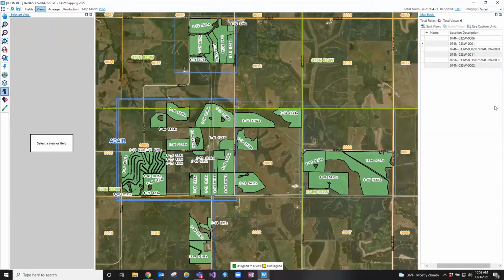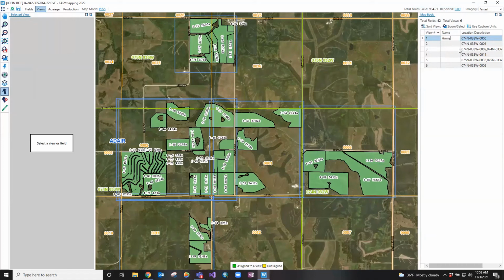And then also in the top right in the map book here is the name. I mentioned that earlier, but now we'll get back to that. So if you have any policies with custom names on the views, you can update that right here. We don't have to go into each individual view and do that anymore. So this would be different than the unit name or the farm name. If we name any views, they're going to show up on top of the map book in blue writing, or on the acreage tab, it's going to show there as well over on the view tabs on the right side. We can come in here, select the view we want,